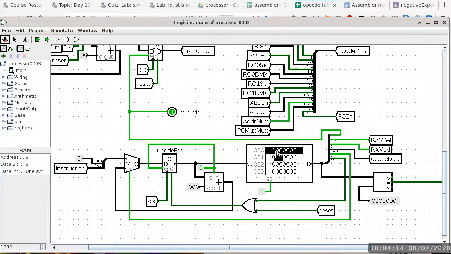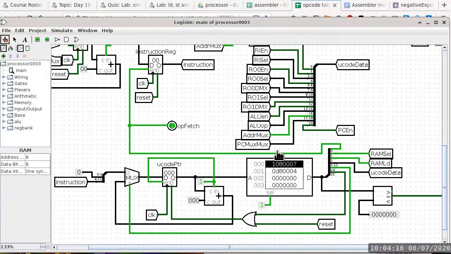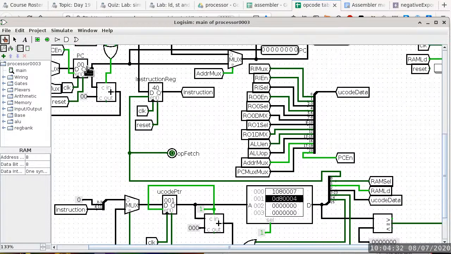I think I typed something else on the keyboard. Control T. There we go. So we can see how the instruction register is now updated to 40. Control T again will increment the microcode pointer without doing anything else. Control T again, the PC, or the program counter, will increment to